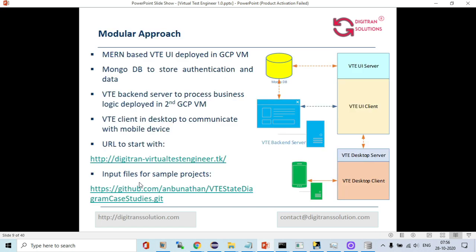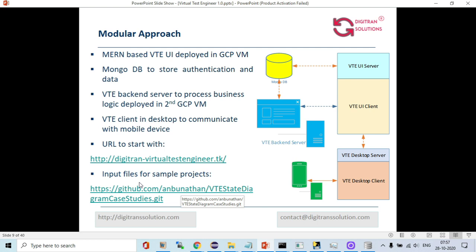So what is the approach here? We have a MERN based UI. MERN stands for Mongo, Express, React.js and Node.js. MongoDB is used for storing authentication and also the data.